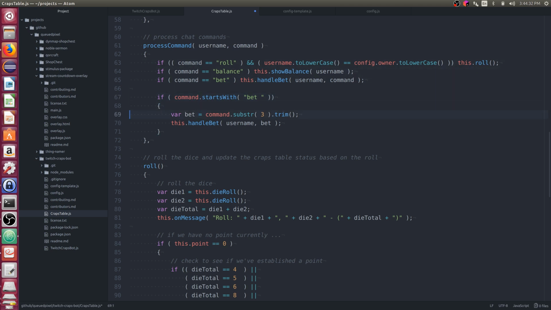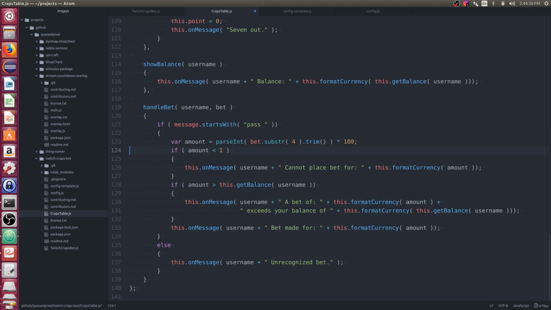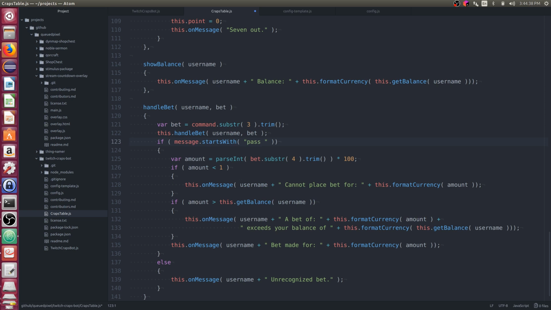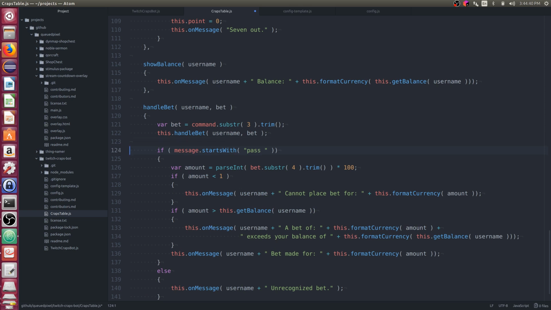And so I'm tempted to do this, to move this down. And here we have another issue. Bet needs to start with, and let's send in command rather than bet.